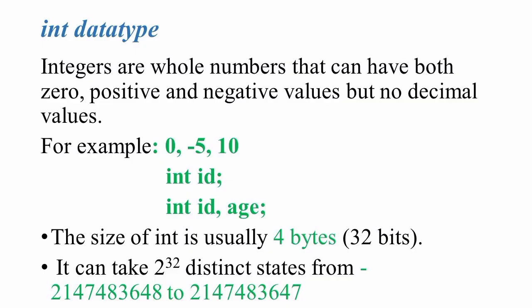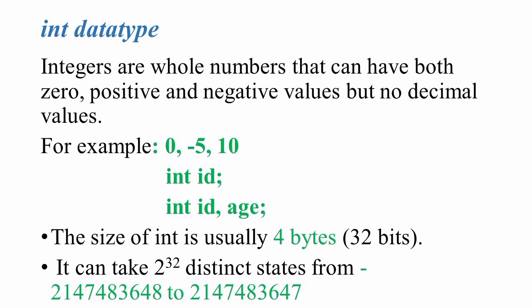Next, coming to integer data type. Integers are whole numbers that can have 0, positive and negative values but no decimal values. For example, 0, -5, 10. We can use int for declaring an integer variable. Here is an example, int id. Here, id is a variable of type integer. You can declare multiple variables at once in C programming. For example, int id, age;